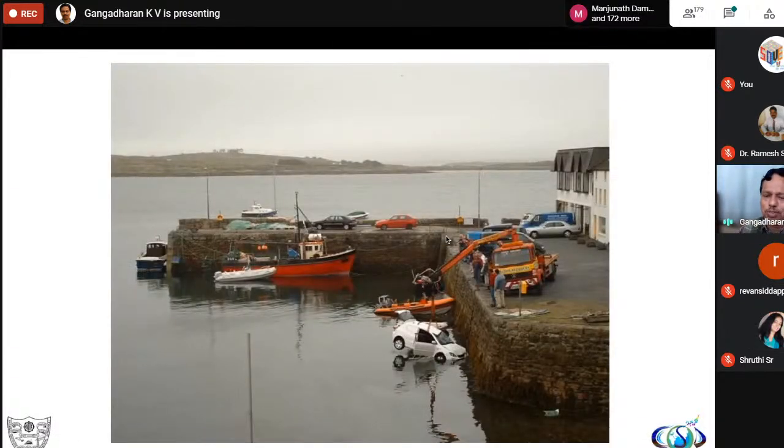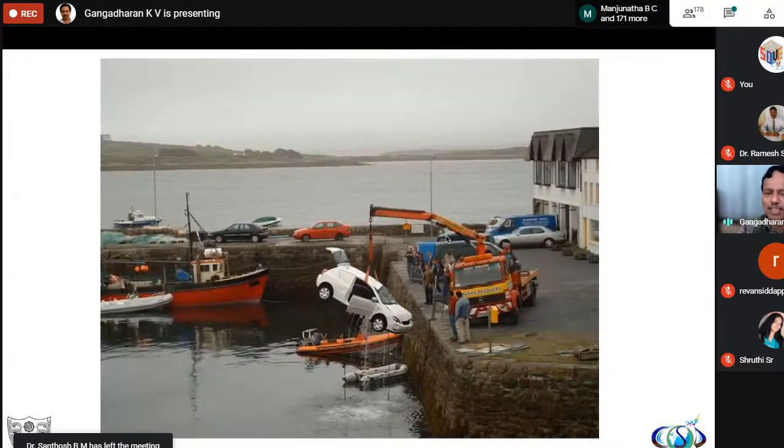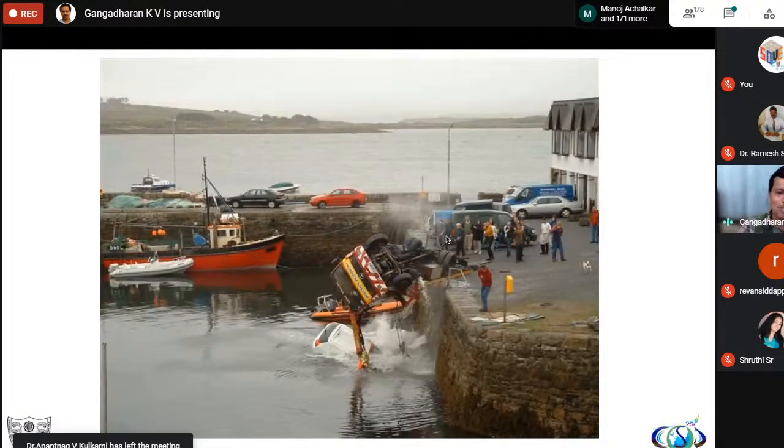Now, this was a problem statement which we have created, that is, the car fell into the water, and we found an appropriate tool to use. So we have used the tool and got the problem solved. Now, you look at this. Did the tool fail or something else fail?